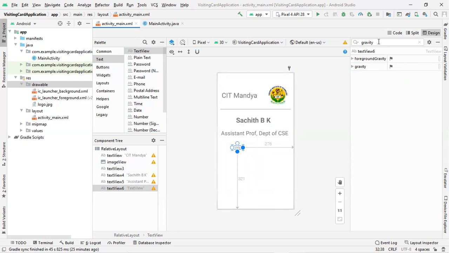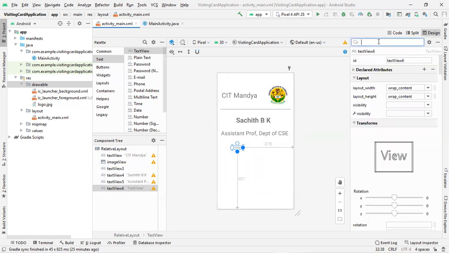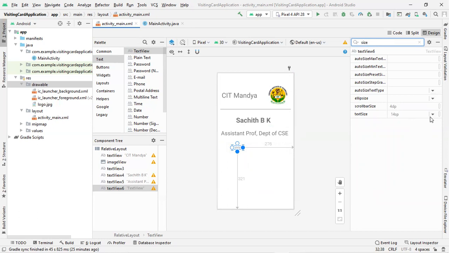Then go to text size. Let me make it the same size as the previous text view. It should be 30 sp.